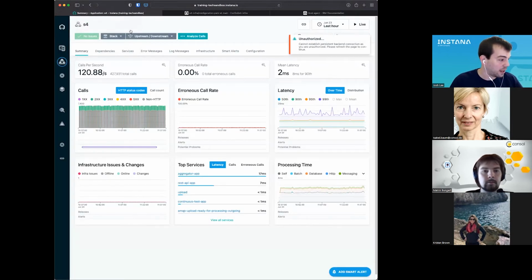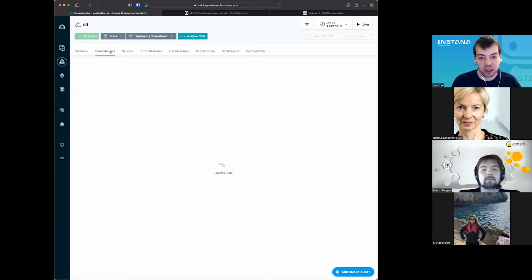So getting back into the dashboard. There was a question I said we would get to about the communication between the services. Yes, this is really one of the major benefits of a tool like Instana. Tracing libraries are great for instrumenting a single monolith application.